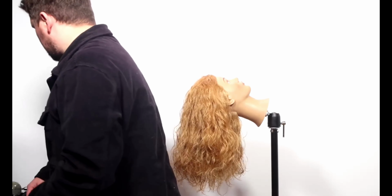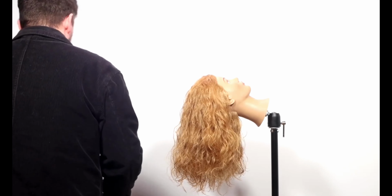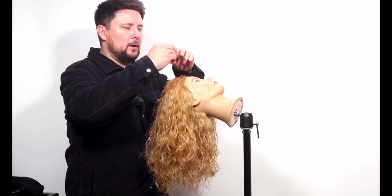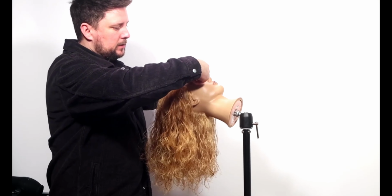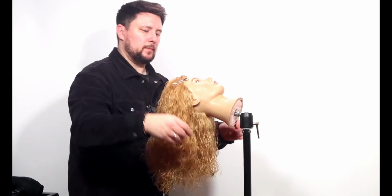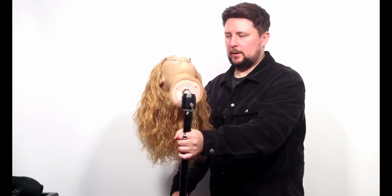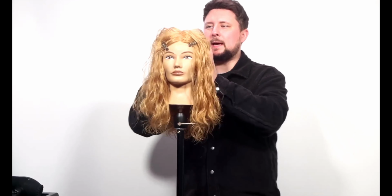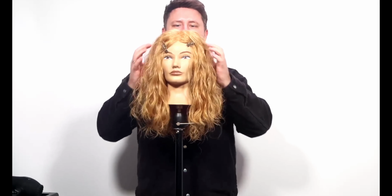So while that's hot, I'm going to get the no mark clips again. And just on the front, I don't want the hair to fall into the eyes. So I just pop those into each corner. And then when we bring her up, you'll see why. So you see it just keeps it out of the face while it's cooling down,